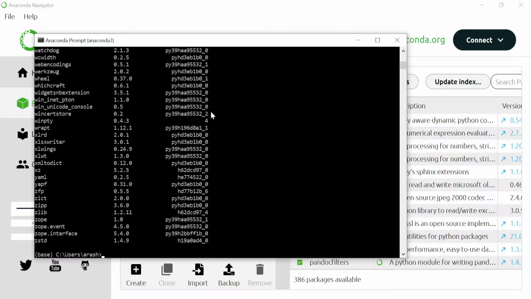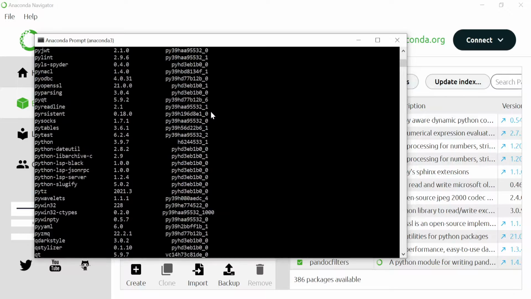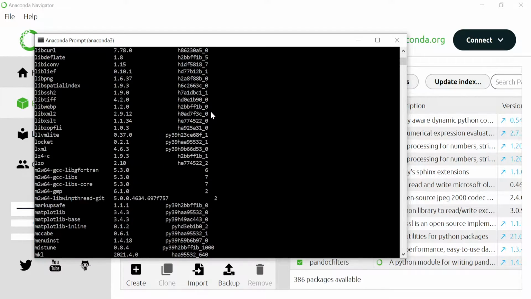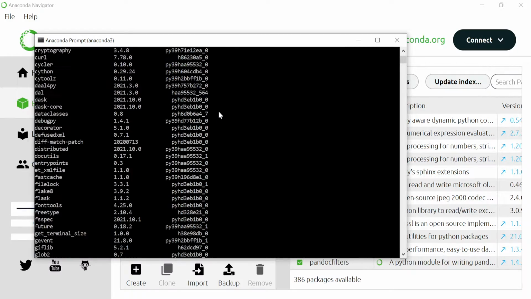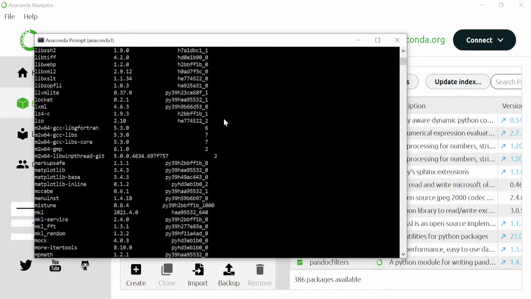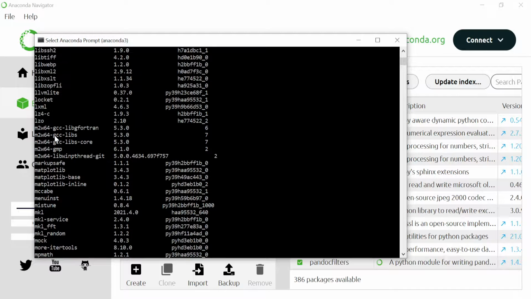It usually takes time to gather all the packages, but after that you can see all these packages are installed here. You can see there's a very long list of packages. Usually everything we want is here. For example, you can see that NumPy is installed here,